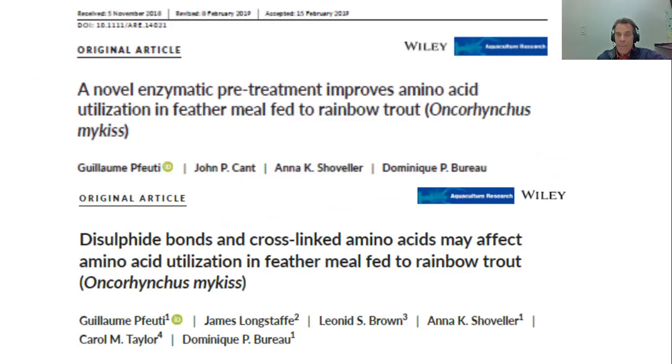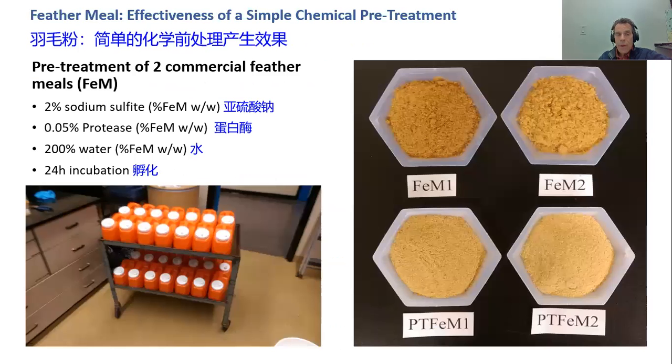So that's very interesting. That led to the creation of a very nicely hydrolyzed product, which Guillaume used and fed to rainbow trout and also to poultry, to broiler chicken. And he published a series of papers on different aspects of this. He scaled up the process and produced kilogram quantities of these feather meals. He started with a feather meal that was a mixture of hog hair and feathers, and with feather meal as pure feather, commercial, from 2 different commercial plants.